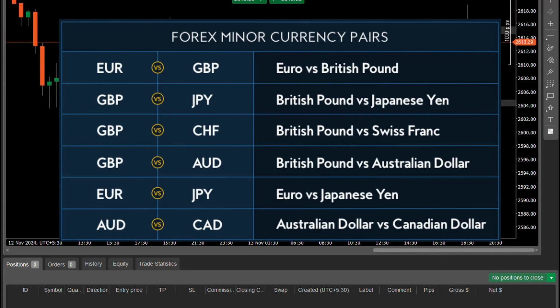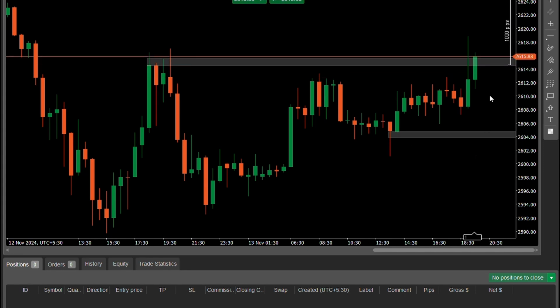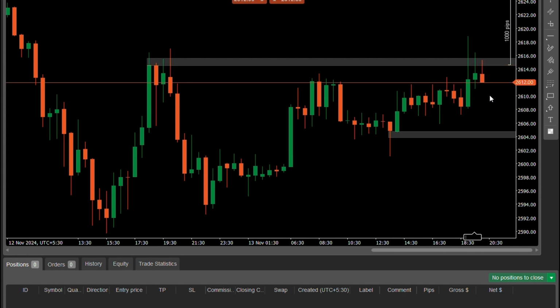Every beginner is confused about choosing the best pairs among these. At the beginning, I traded all these pairs all day. I wasted 2 years of my time. So I want you not to waste your time trading all these pairs. Which pairs are best to trade? Let's move on to reveal that.